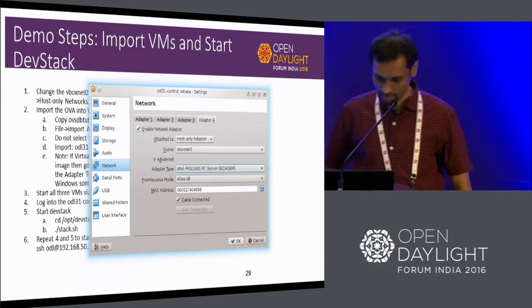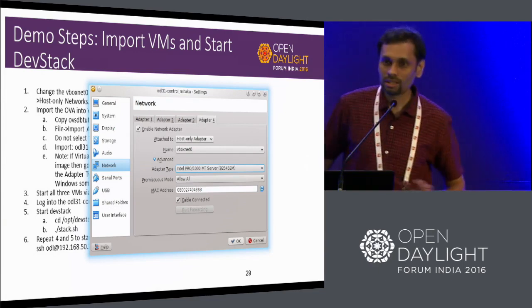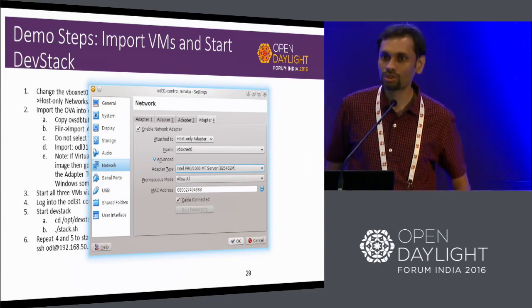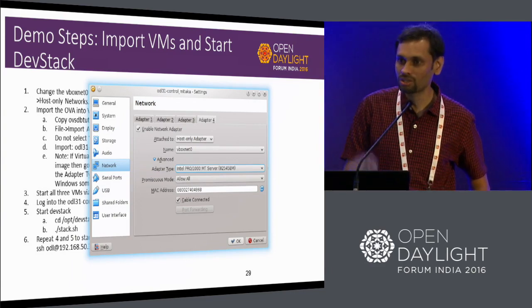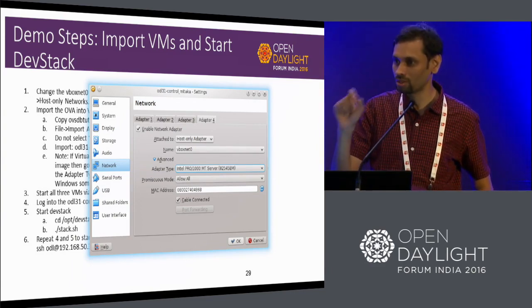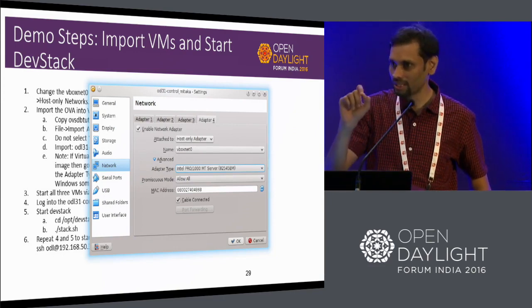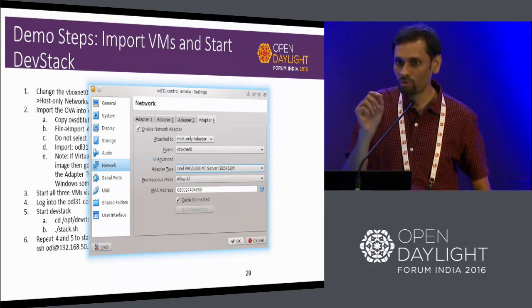Okay. So I just kickstarted one of the controllers. I got into the console. When you click inside the black box, a dialog box will open asking if you want to capture the keyboard. Tick the checkbox and say capture. From that point, if you want to get the mouse